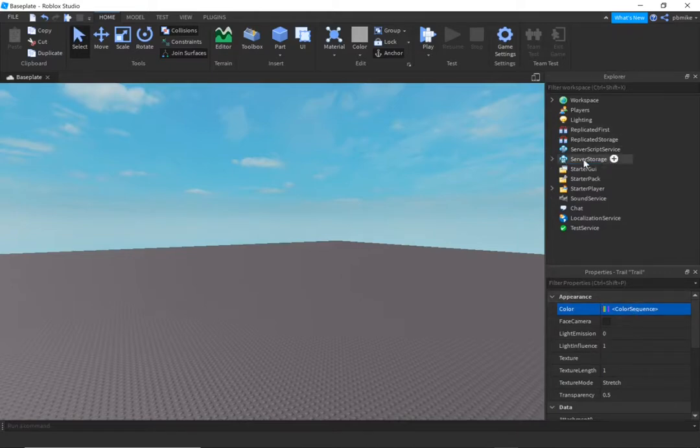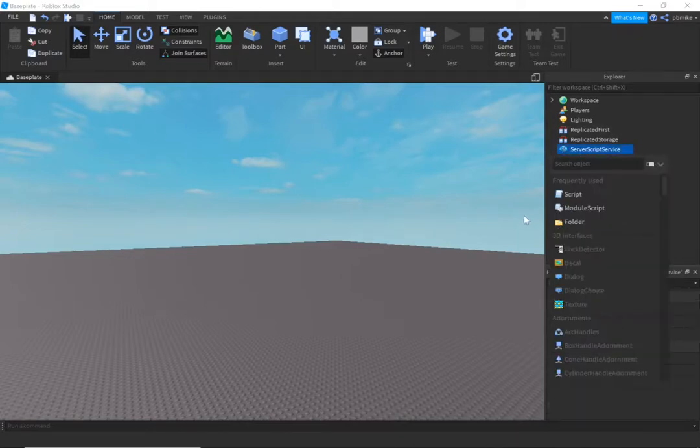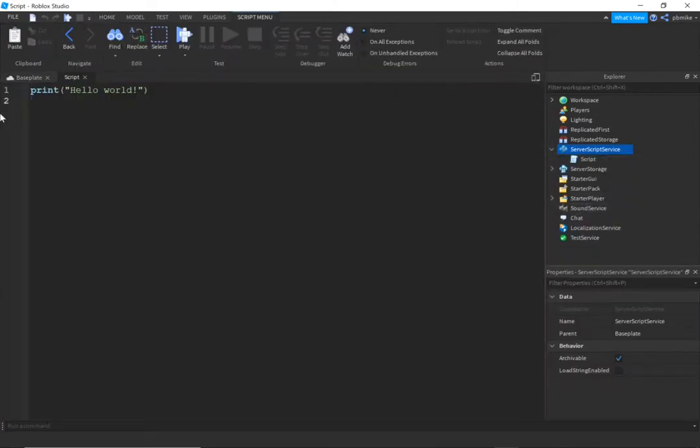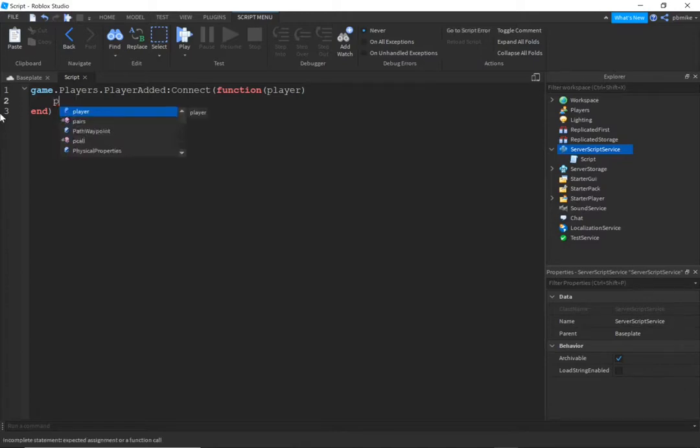And now, into the service, we can add a script. You can name the script if you want. I'm not. So you want to start off with game.Players.PlayerAdded:Connect(function. Sorry if I'm going a little too fast. And into that we can do player in those brackets and say end right here. Apparently there's something wrong with my auto where it puts the end for you. Whatever. We can now put player.CharacterAdded